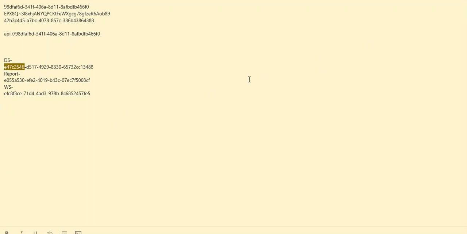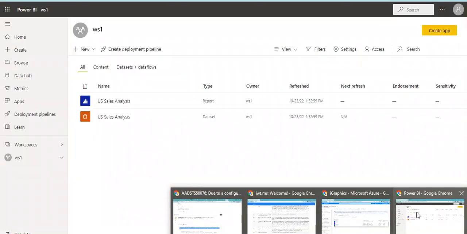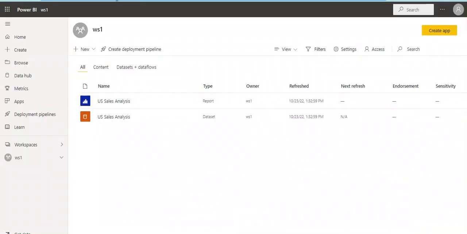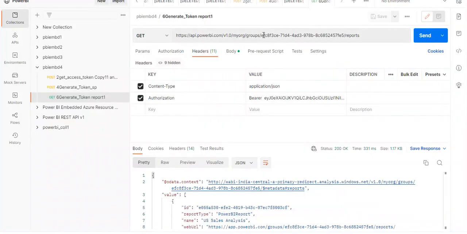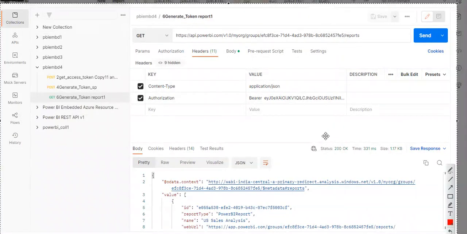So for this workspace, how many reports are there? I want to take it out through Postman. So what I will do, I will write groups, then this is the group ID or workspace ID, then I have written reports. Because I want to know the list of reports in that specific workspace. I have added this